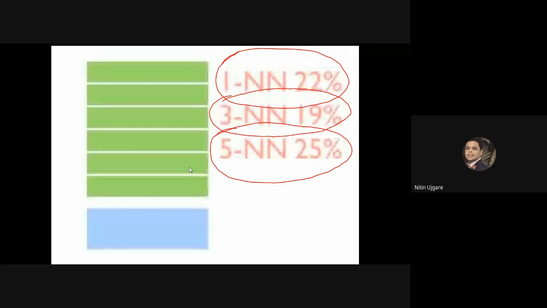Then if I look at the cross validation error for 1NN, 3NN and 5NN, I came to know that in the first phase, the 5NN, that is the 5 nearest neighbor classification algorithm, has the least cross validation error. We came to the conclusion that we have to use the 5 nearest neighbor algorithm to detect whether the given photograph or image is human or bomb. That is the best algorithm, and we applied it on the test data, the unseen data.